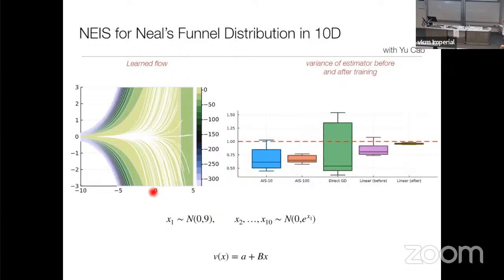If you train the map, you get this, and you can train the map to again get very, very low variance. This example is interesting because in this case, if you think a little bit about it, you're not obliged to learn into complicated classes of velocities. You don't need to use deep learning, even though you can. We did, and that works. But you can also simply use a linear type velocity field with a vector A and a matrix B that you need to learn. And that works just as well. And this is what it gives here.